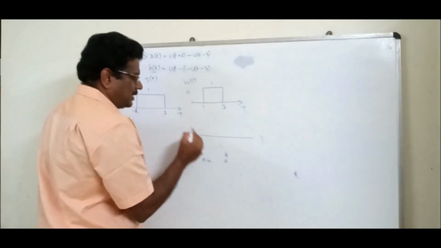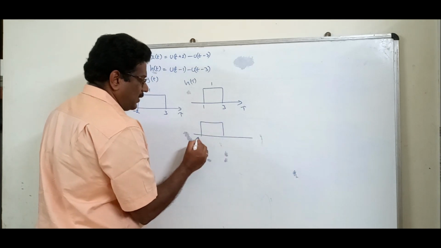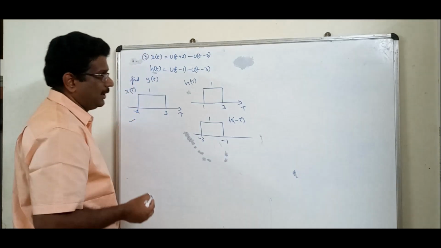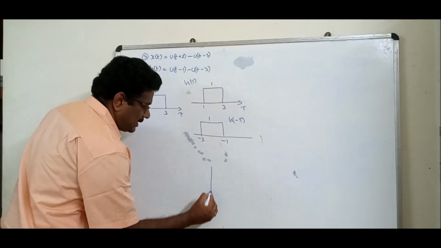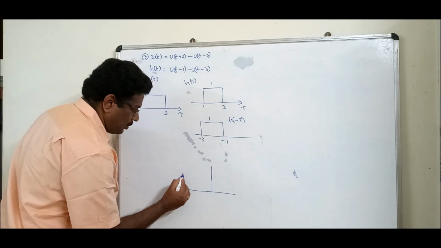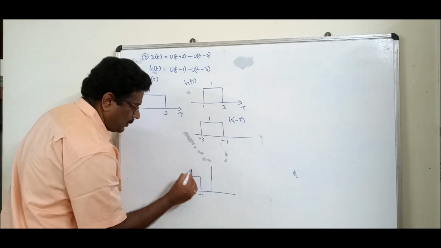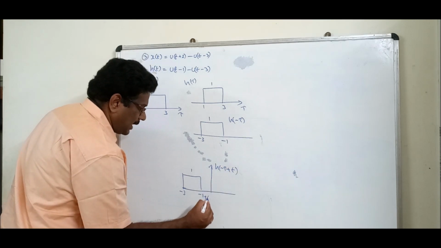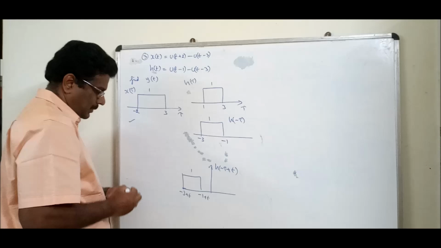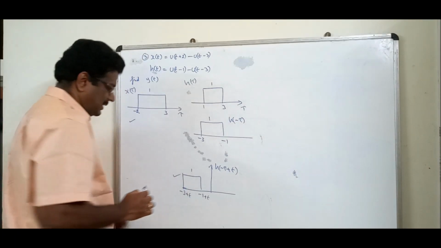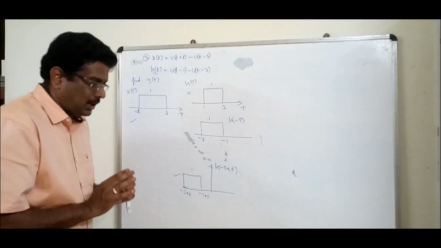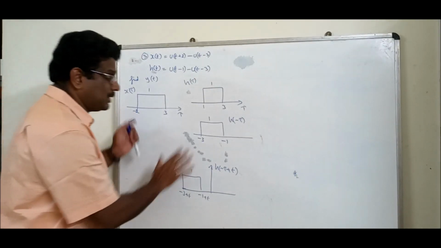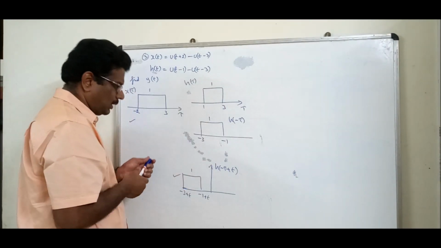I have to do reflection. If you reflect, it is from where to where? Minus 3 to minus 1. This is h of minus tau. I have reflected. Next, I have to generalize this signal. This is h of minus tau plus t. Just add t. So this is going to be the moving signal. Am I right? Using these two signals, we should start convolution. Let me start the problem. This is the preliminary work.